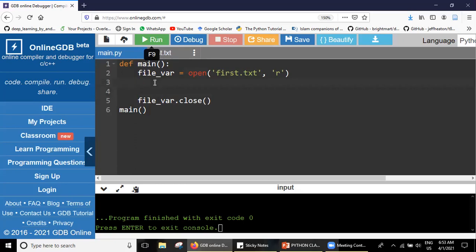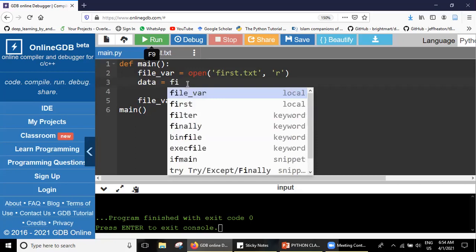For reading, yesterday we saw how we can read data from a file. We have to store whatever data is coming. I can store the data in a variable called data. Then how can I access the data from the file?